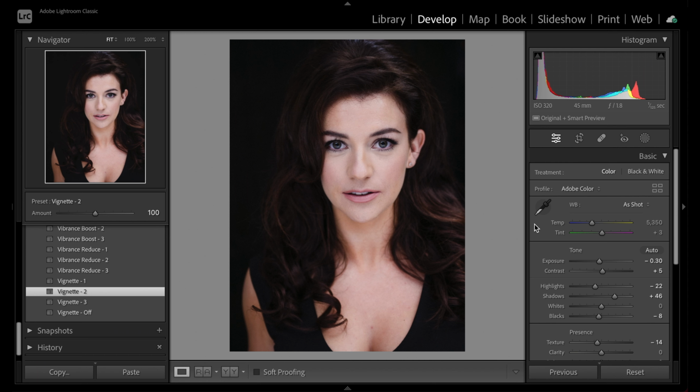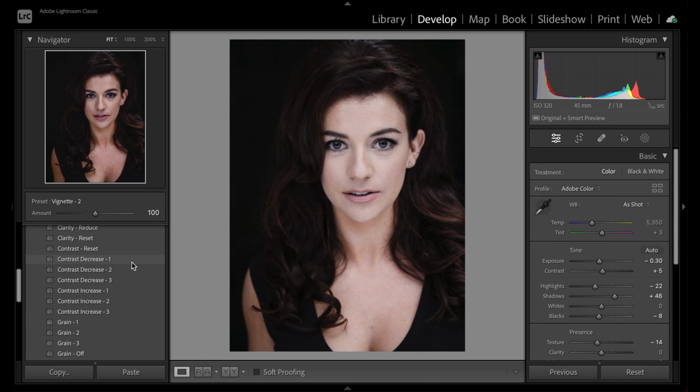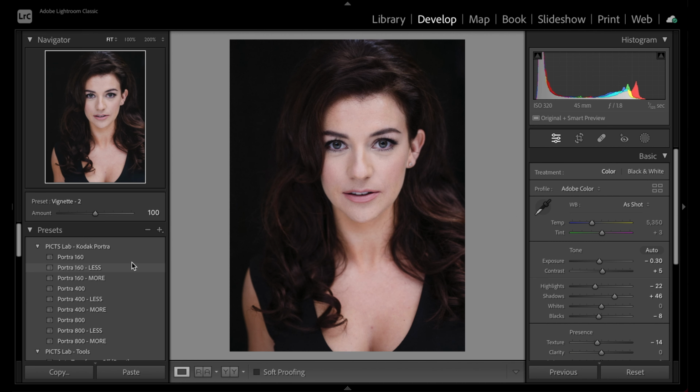I'm so happy with that. This preset pack is really fantastic for portraits, but also your everyday photos, just capturing your day-to-day life. It's a really versatile pack, and I hope you can see from this video that it's a wonderful addition